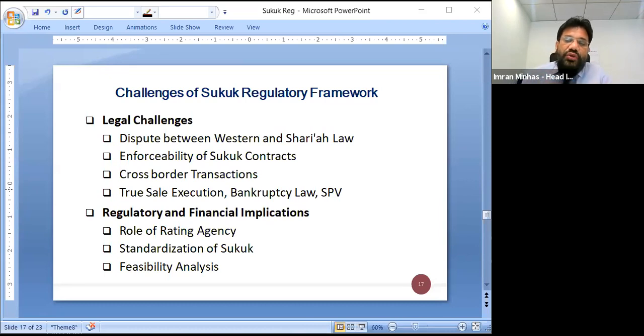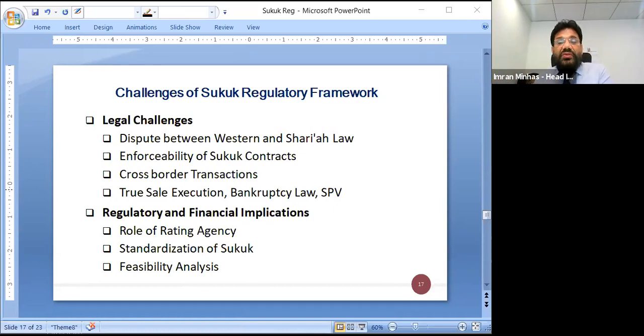Executing a true sale is a crucial element in Sukuk operation, as it constitutes a real transfer of ownership from the originator to the Sukuk holder via the SPV. Nevertheless, some Sukuk issuers do not execute true sales. Frankly, in large Sukuks, we do not see the real or the true sale. As with the asset-backed Sukuk issuance, normally it is not true. Due to the absence of the relevant law to deal with property in bankruptcy in such cases, we are always at a disadvantage.